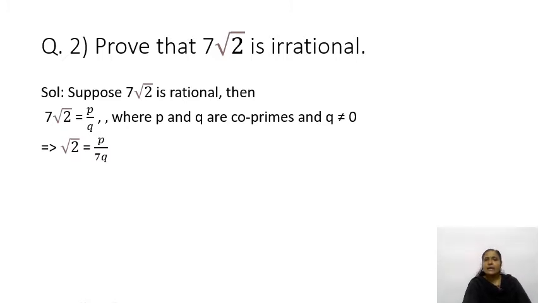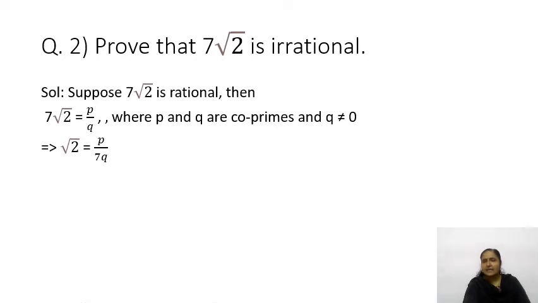Now in the previous question, what did we do? Squaring both the sides, correct? Here why haven't we done that? Because here the question is a combination of both rational and irrational numbers. We have only one term, and in this one term we have a rational number and an irrational number. So whenever you get a question, first just check whether we have a rational number in both the terms or in one term only.